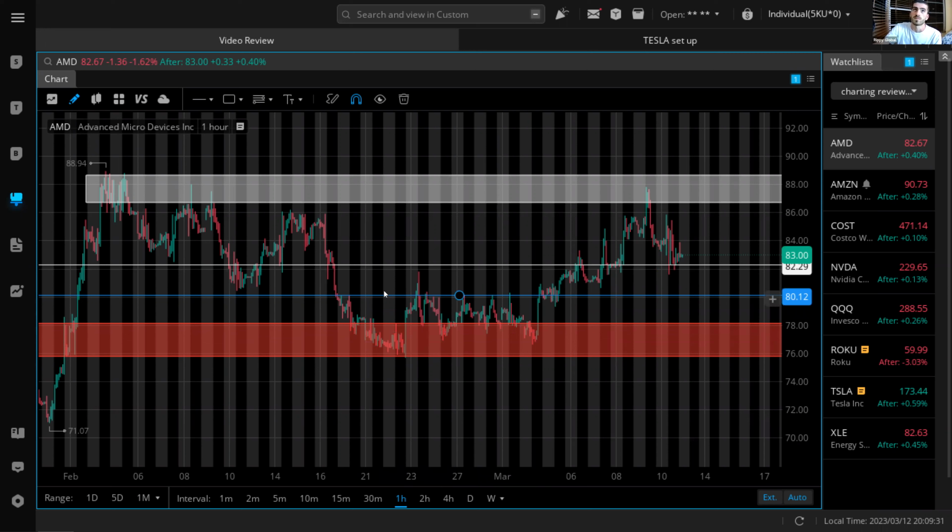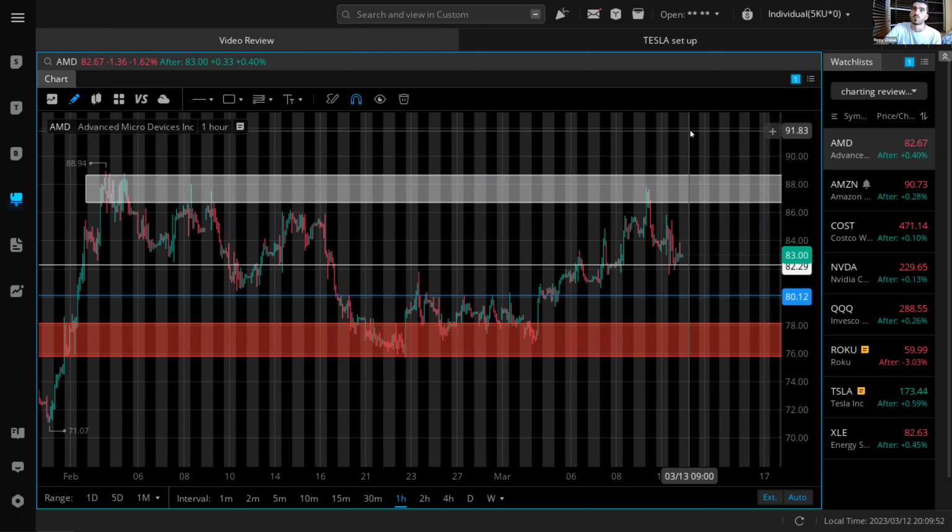If the pattern works out, we could break upside. We just need a break and hold above about $89 a share, anywhere between $88 and $89 a share. Maybe it breaks above and pulls back and contests this previous double top, and we hold that and push off it. You can chase the breakout if this cup and handle plays out,